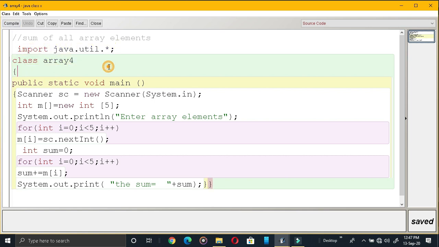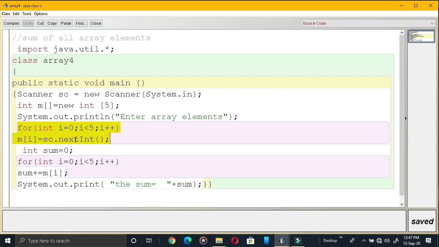This is your Java util import, then the object for the scanner class. This is the declaration of your array. I have kept 5 array elements only in all my programs, because entering 10 elements will take time. That's why. This is terminal window activation. Now this is the process of reading the array elements.